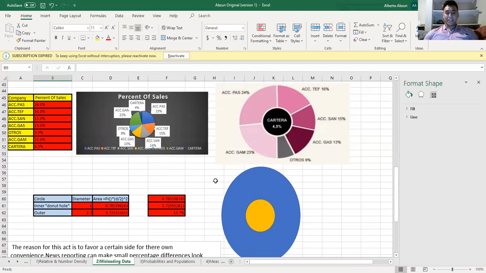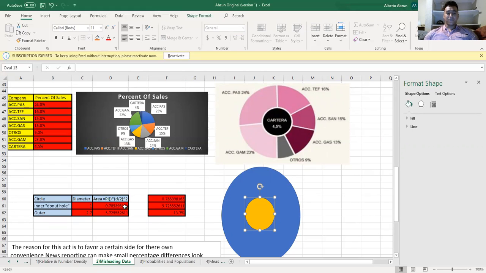So what we did was we measured these circles to see the actual area of this circle right here. So I made a little chart saying circles, the inner donut hole, which is the small one, and the outer, which is the big one. We found that it was a diameter of 1 for the small one, and if I move it, you can see that it's right about there. So the diameter of 1, and